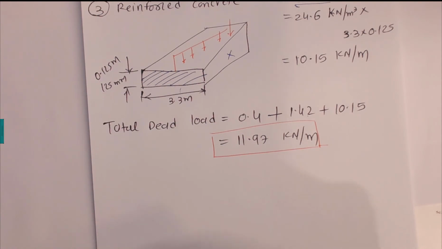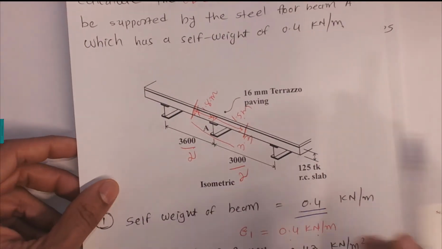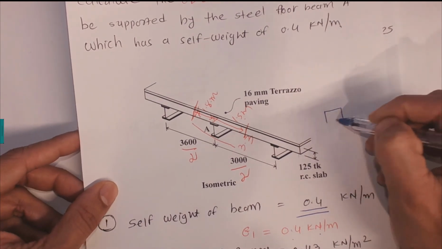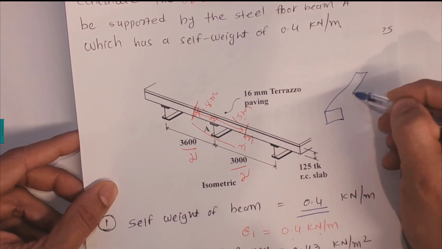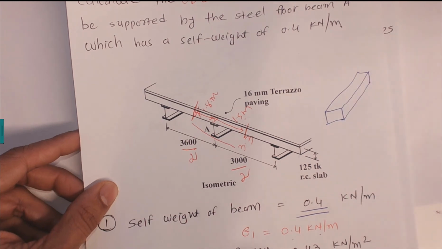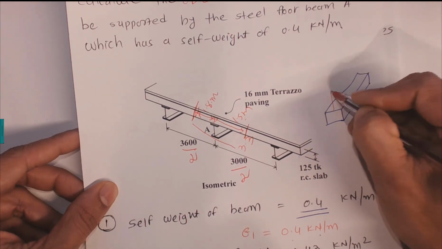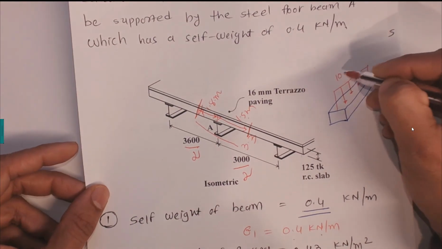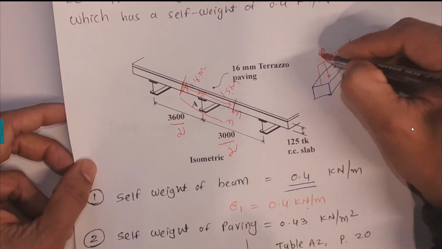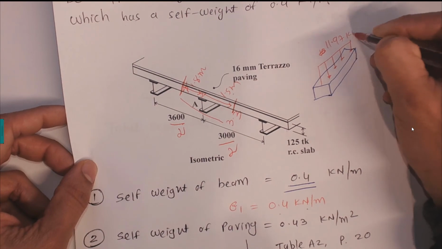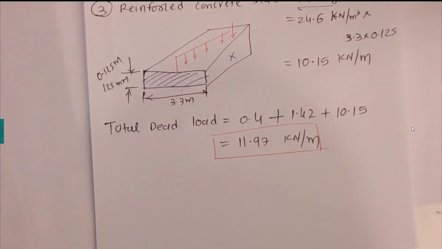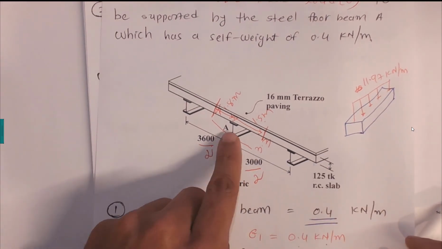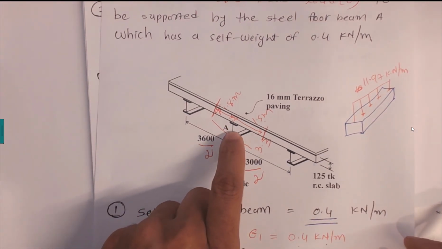So that's the final answer, saying that these steel beams would have a UDL. If I just draw the steel beam here as a demonstration, this steel beam has a UDL of 11.97 kilonewton per meter, due to the weight of its own beam,